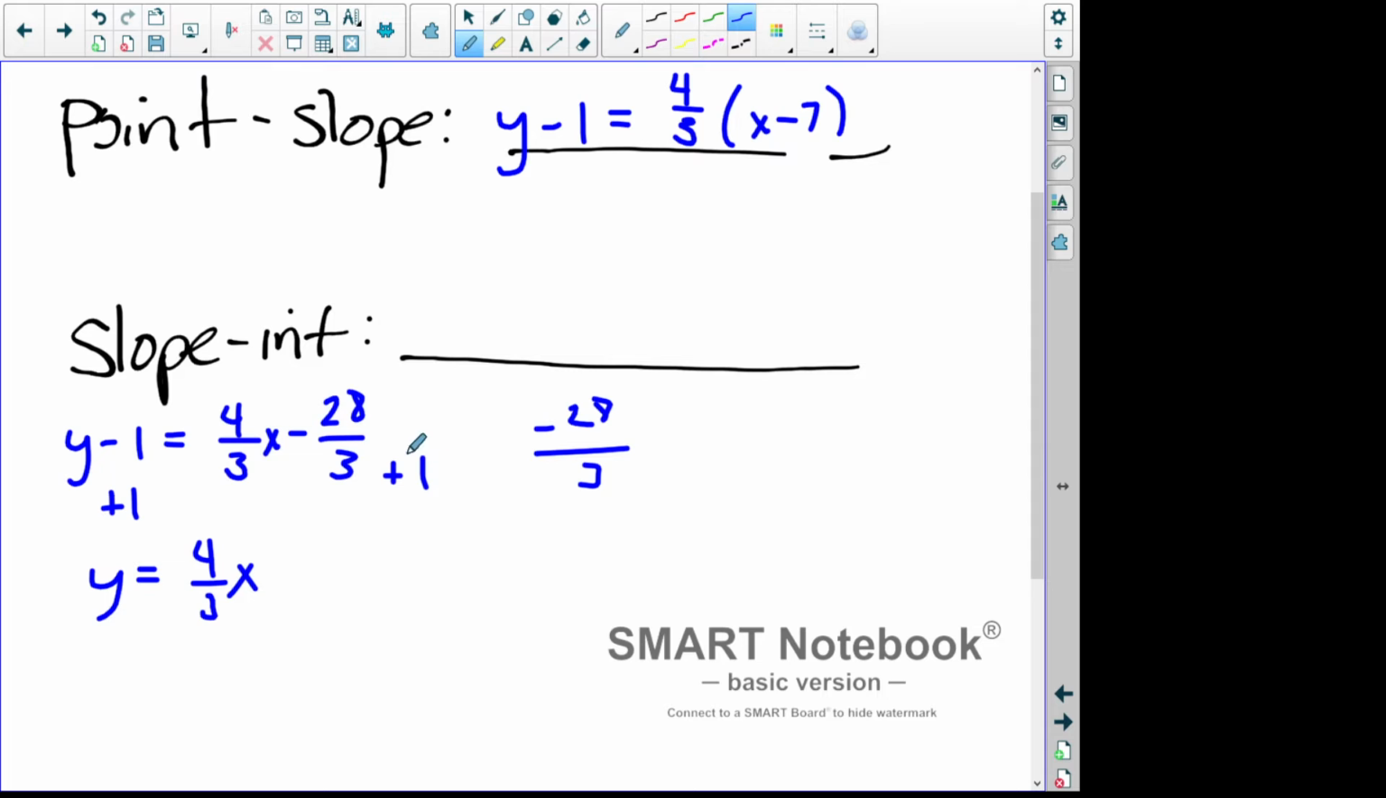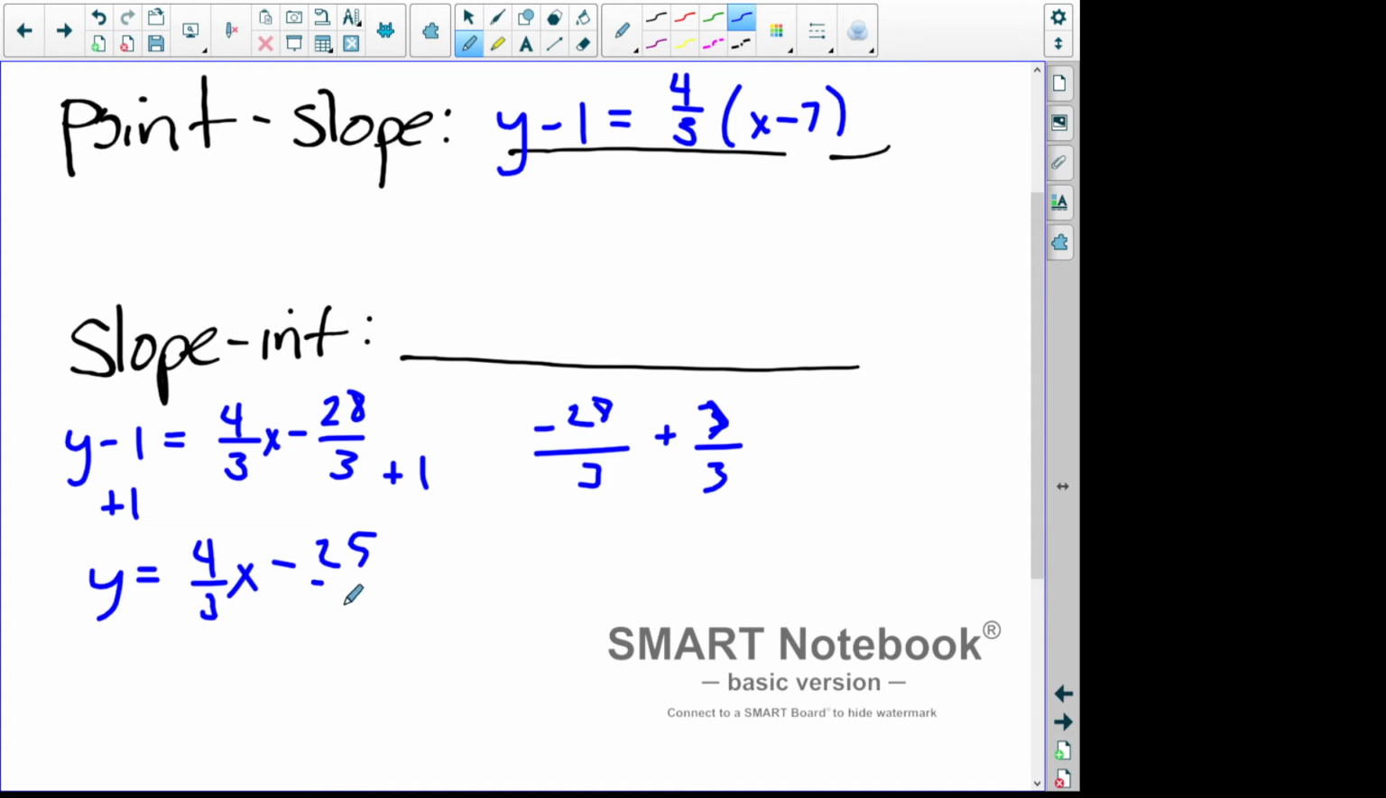And so if I think about 1, I can actually write that as 3/3, right? So 3/3 is equal to 1. Okay, so I've got negative 28 plus 3. And I don't need to add these together, right? I'm just adding the numerators together. So I've got negative 25